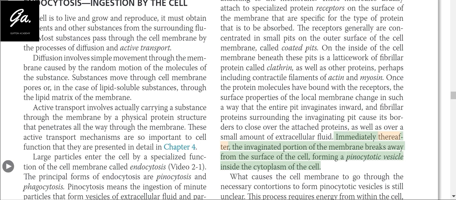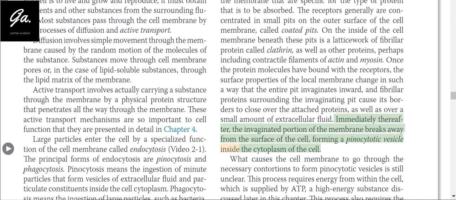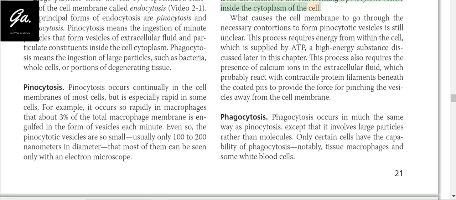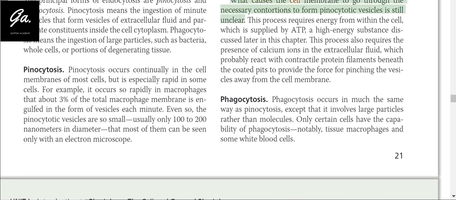Immediately thereafter, the invaginated portion of the membrane breaks away from the surface of the cell, forming a pinocytotic vesicle inside the cytoplasm of the cell. What causes the cell membrane to go through the necessary contortions to form pinocytotic vesicles is still unclear. This process requires energy from within the cell, which is supplied by ATP, a high-energy substance discussed later in this